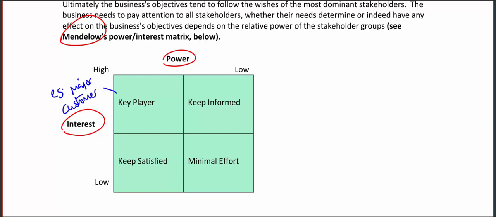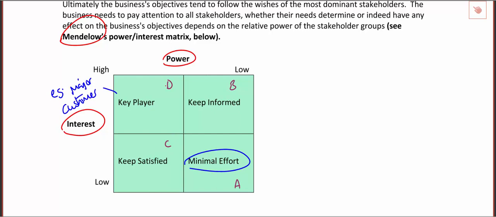The other end of the scale then would be somebody who actually you don't need to worry about at all. So somebody who has no power over you and isn't really interested in what you're doing either. Now, although when you're discussing these quadrants, it doesn't really matter too much, you do sometimes see them labeled A to D. So I'm just going to pop the corresponding letter on each quadrant, just in case they were to refer to these in the exam. So minimal effort, so low power and low interest would be quadrant A, and then high power and high interest